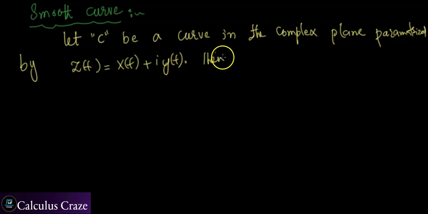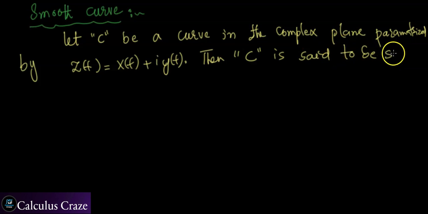Then C is said to be smooth. So this curve is said to be smooth if, number one, z has a continuous derivative. So the derivative of this z is continuous